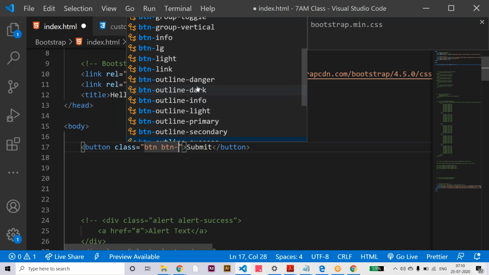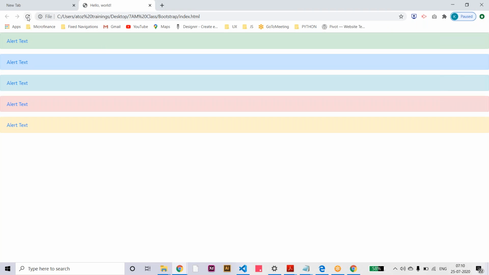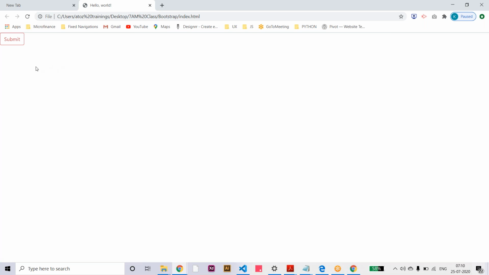Different color themes, like with outline. For example, you can say button outline danger. See, the button was created just by applying the button outline danger color.